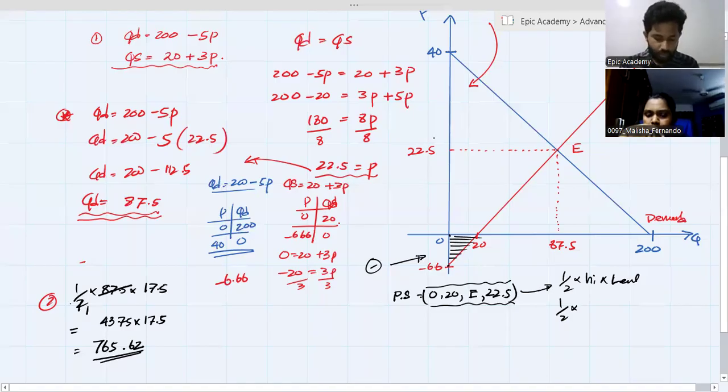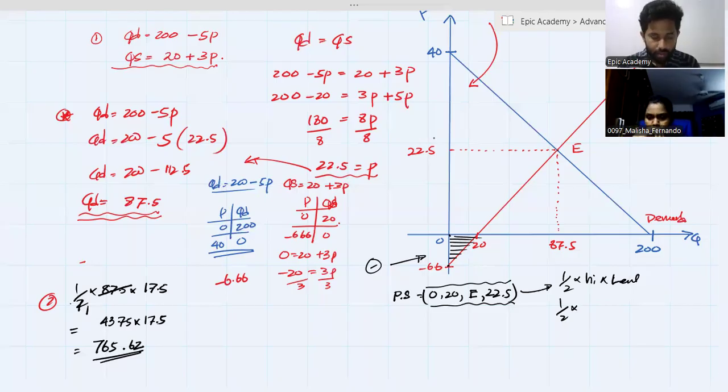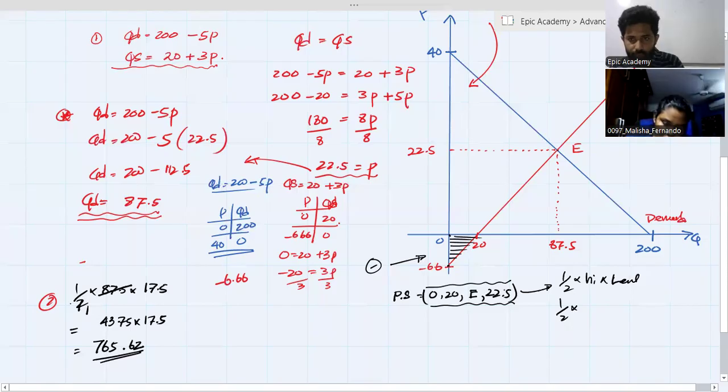Okay, 22.5 plus 6.66. Okay, it is 29.16. Length, this is the length,